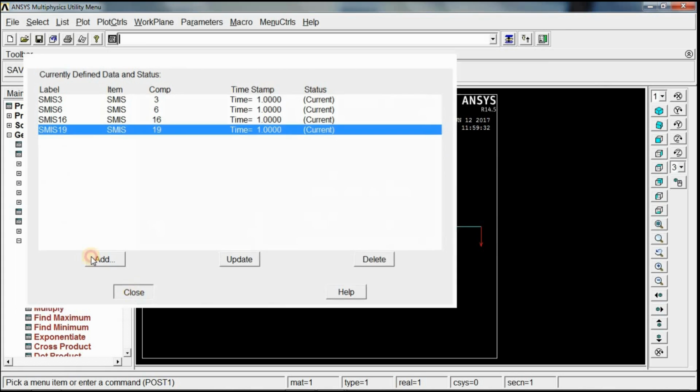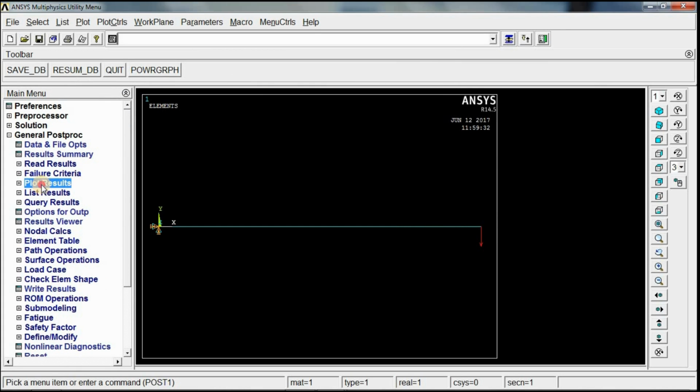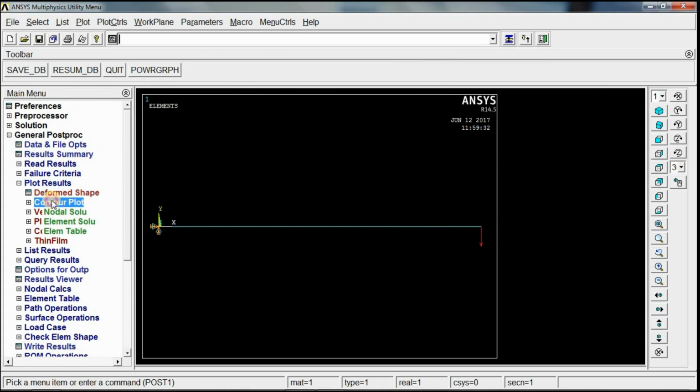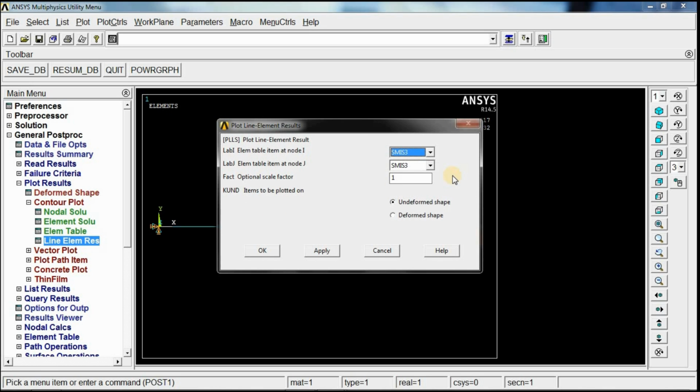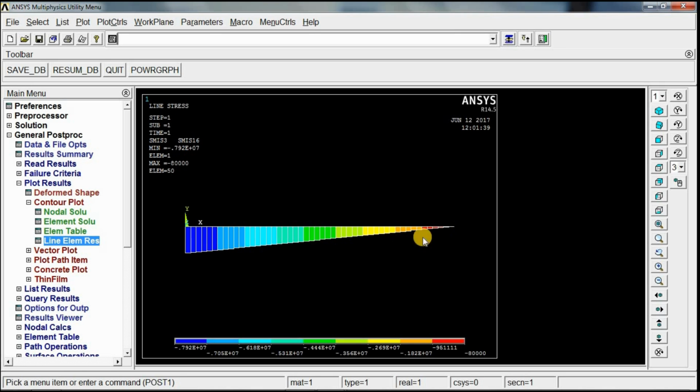Close this. Now you can go to plot results, contour plot, line element results. We have 2 sets, 3 and 16 give the bending moment diagram. So select SMISC 3 and SMISC 16 and click OK. Now this is the bending moment diagram.